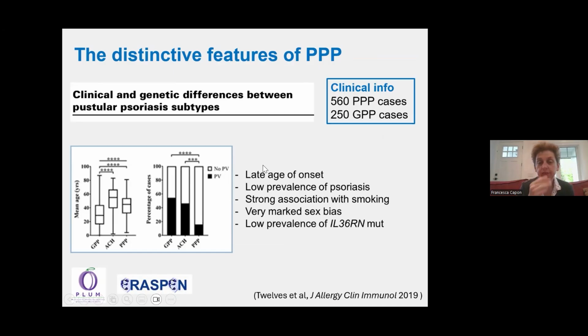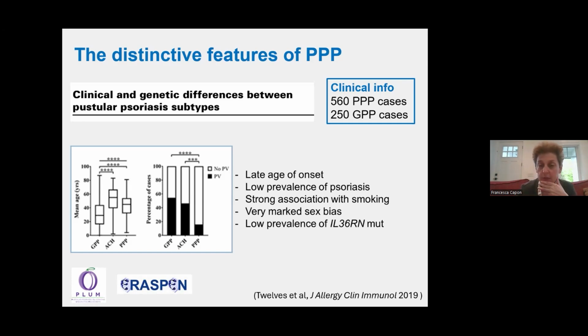And what we found is that PPP differs from generalized pustular psoriasis in terms of its clinical presentation, for example age of onset, in terms of risk factors, and as I mentioned earlier, in terms of the prevalence of IL36RN mutations. So this is a distinct